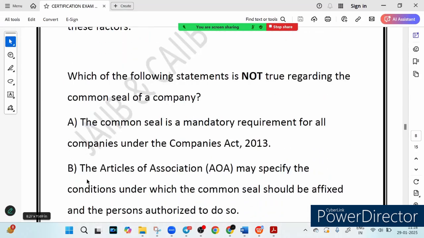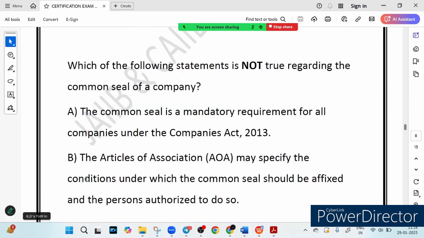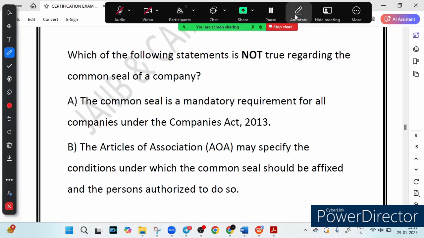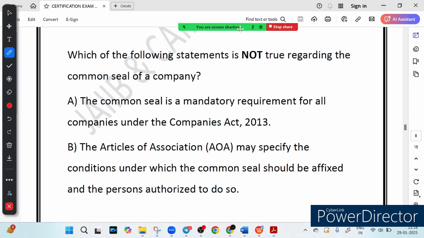Now let's see the next question. Which of the following statements is not true regarding the common seal of a company? Very nice question. Common seal, first of all, let's see the options that we have. Option A says that the common seal is a mandatory requirement for all companies under the Companies Act 2013. This is incorrect. This statement is not true, because before 2015,